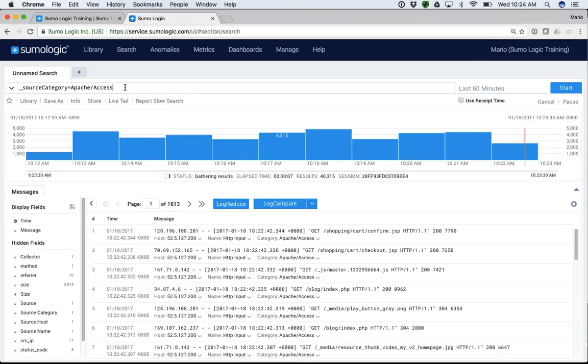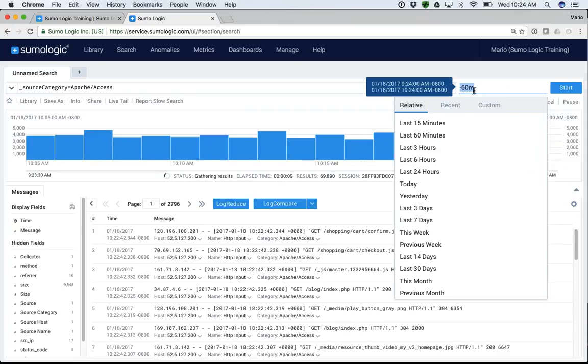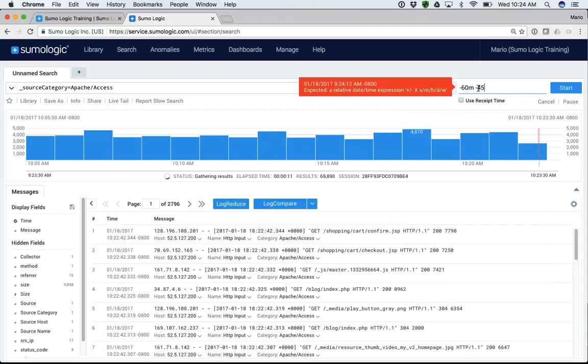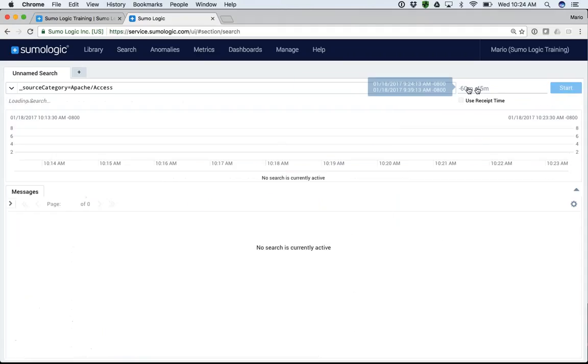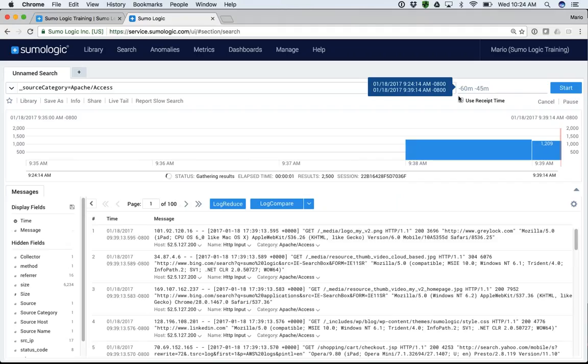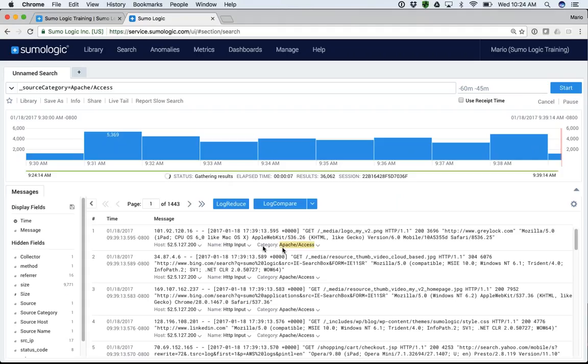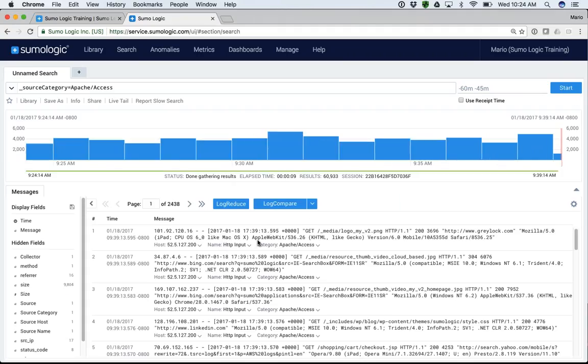Okay, so let's choose a time frame. Let's see, minus 60 to minus 45. So this is going to give me 15 minutes worth of data, just to show you how that works. Now, the interesting thing that you want to do here is you want to start finding out what's here in